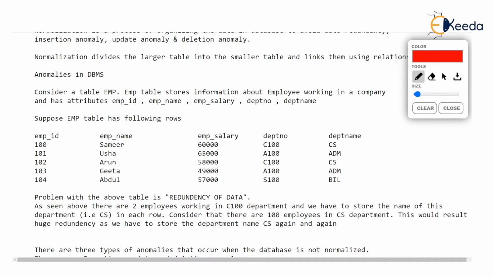Just take this scenario. If this CS has to be updated to CS and IT at various places, what if something happens and at some row, CS doesn't get updated to CS and IT? It remains CS at some row, and at other rows it gets updated to CS and IT.